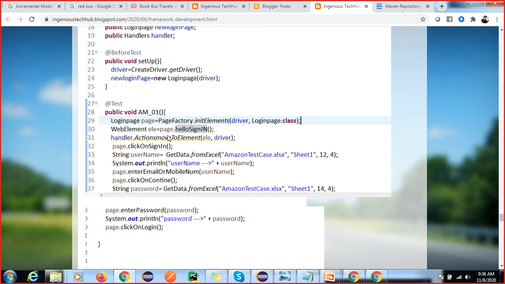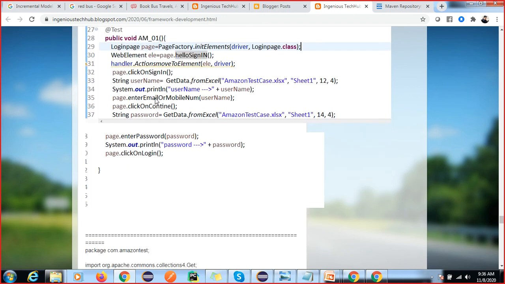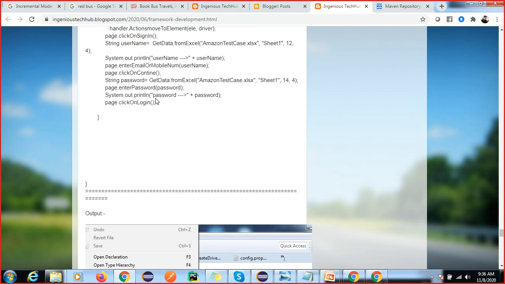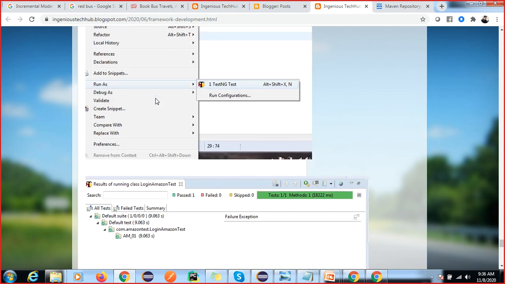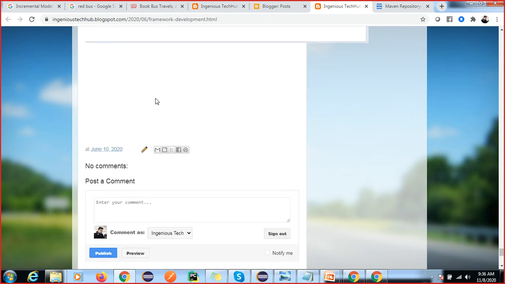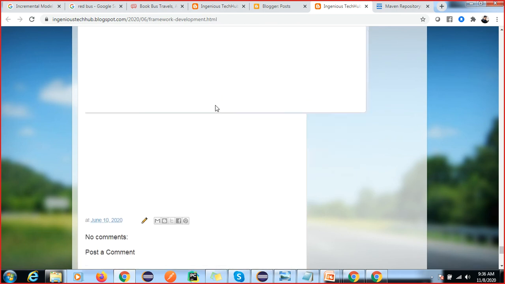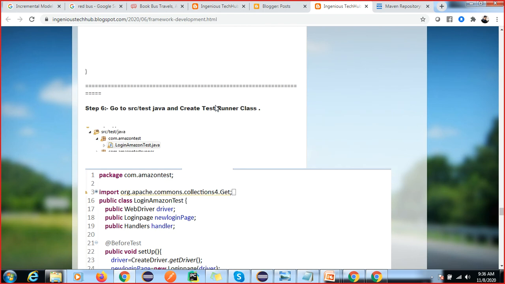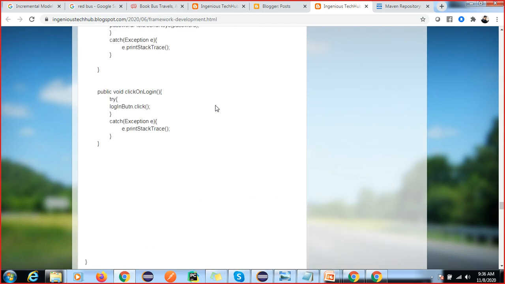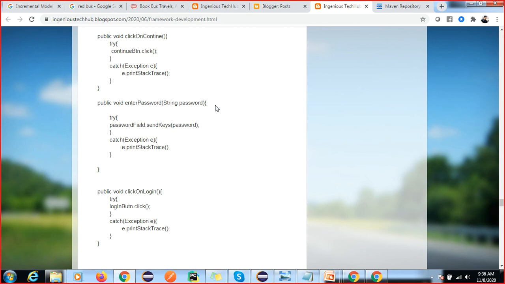The data we are reading from the Excel file, and the elements we capture inside the page object model, right? So this is one test case. In one class we have multiple test cases; I have given one example here. Like that, you can explain your framework components if someone asks you.